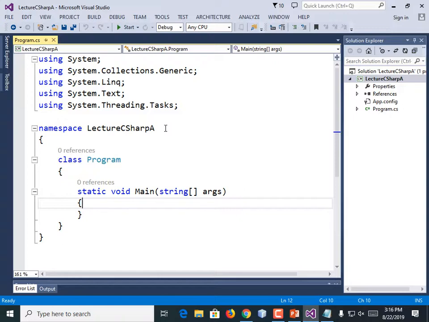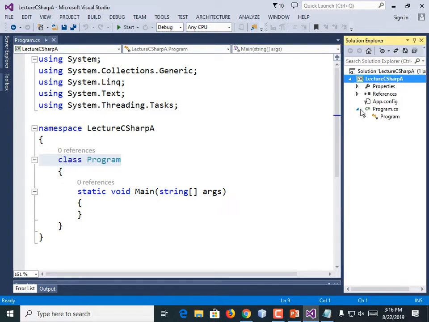So, just like in Java, and if you say, well, I haven't taken Java, that's okay. Everything is inside a class. Notice that in this case, I created the project and it gave me the name program.cs as the name of my class. If you don't like that, you can change it. You can rename that.